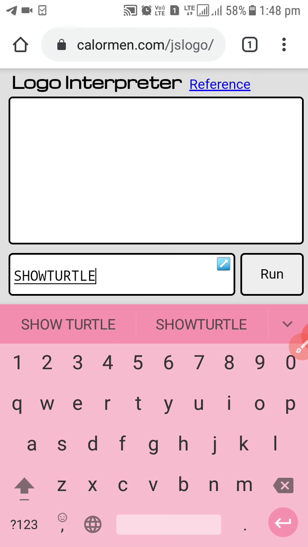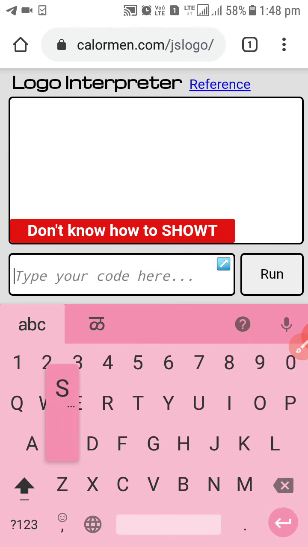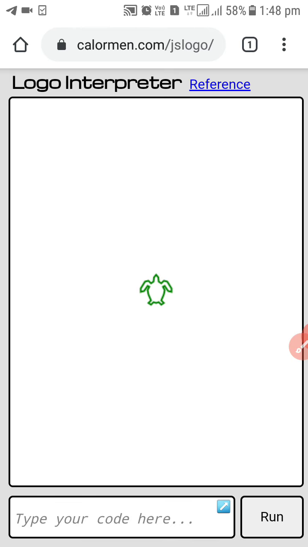Either you can write it completely or you can write ST. Okay, here this particular interpreter does not accept the show turtle command, so we will simply write ST. So now you can see the turtle. By using the show turtle command, that is the ST command, the turtle will appear on the screen. When you write the HT command, then it will disappear.